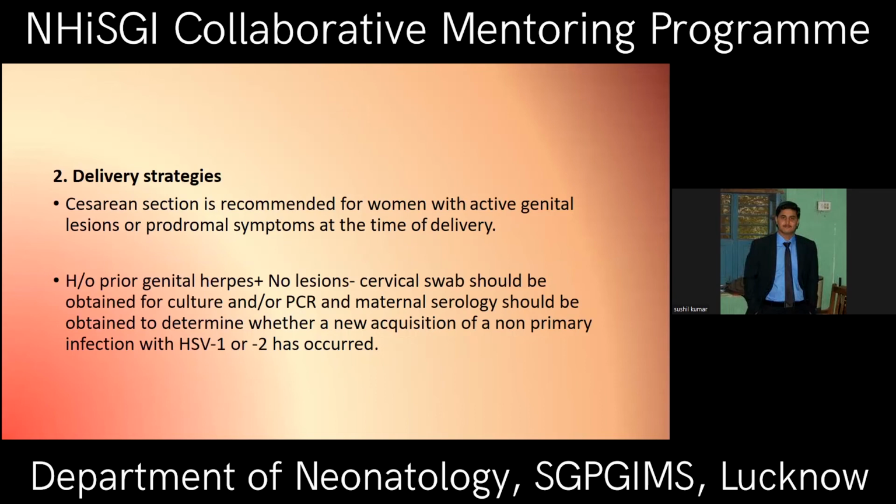So performing elective cesarean section in these patients is the most important delivery strategy. And if there is history of prior genital herpes but there are no lesions, a cervical swab should be obtained for culture and maternal serology should be performed to determine new acquisition, and a high index of suspicion should be kept in